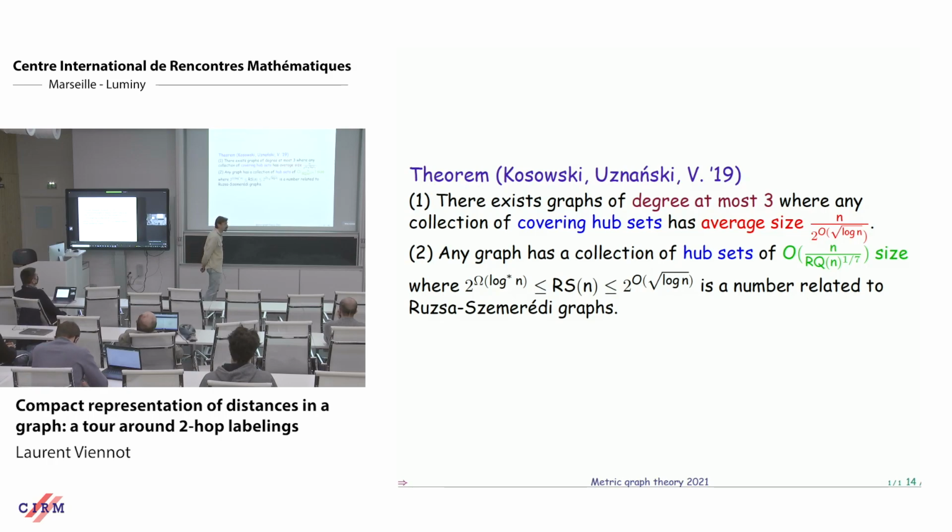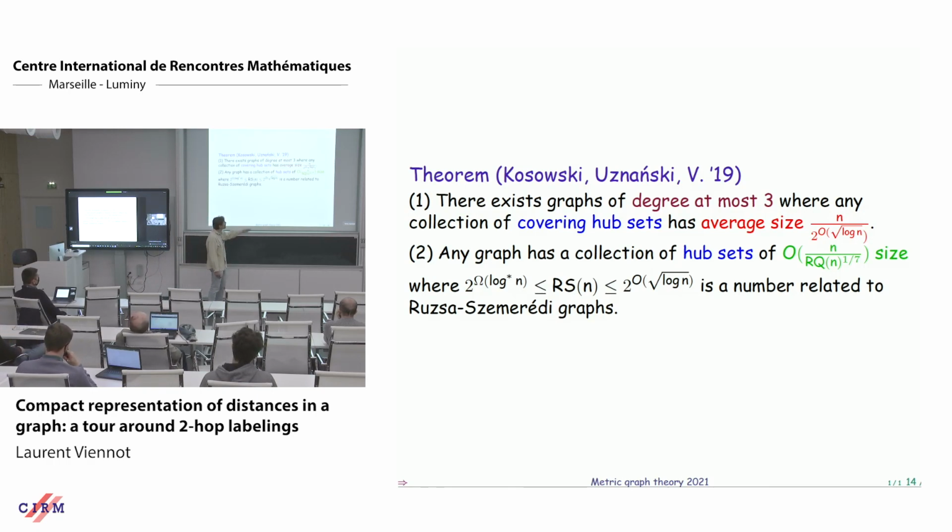But we could improve the lower bound here to something greater. It's this bound: n divided by 2 to the square root of log n. Note that this grows faster than n to the 1 minus epsilon. So there is no hope for a polynomial bound, even for sparse graphs. We spent a lot of time trying to do something. When we came to this, we were kind of surprised that there was no hope.